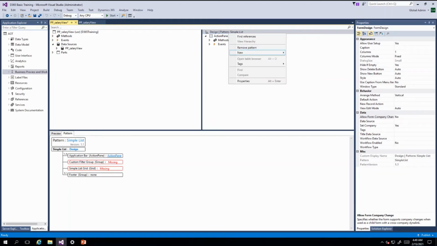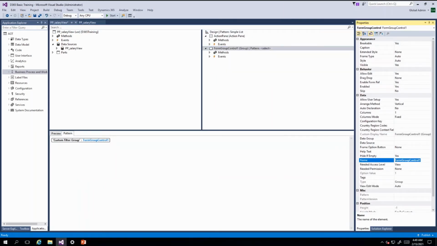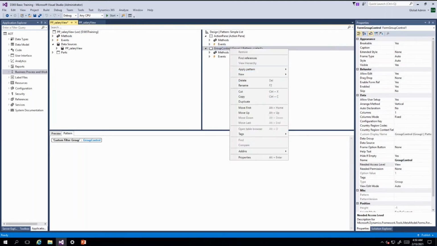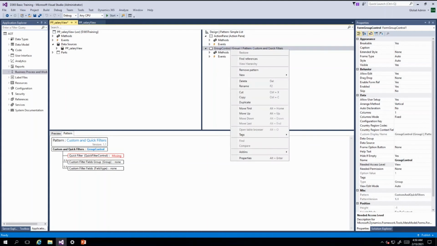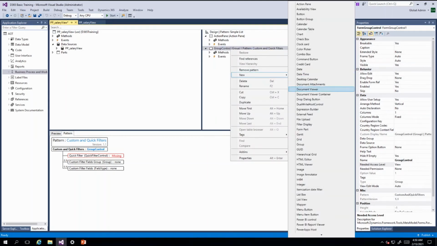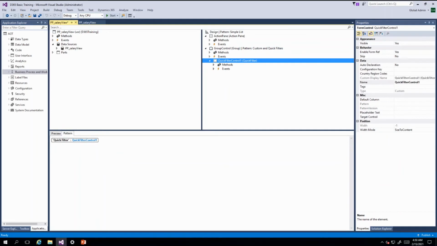Group, loop control, quick filter, quick filter control, this is done.